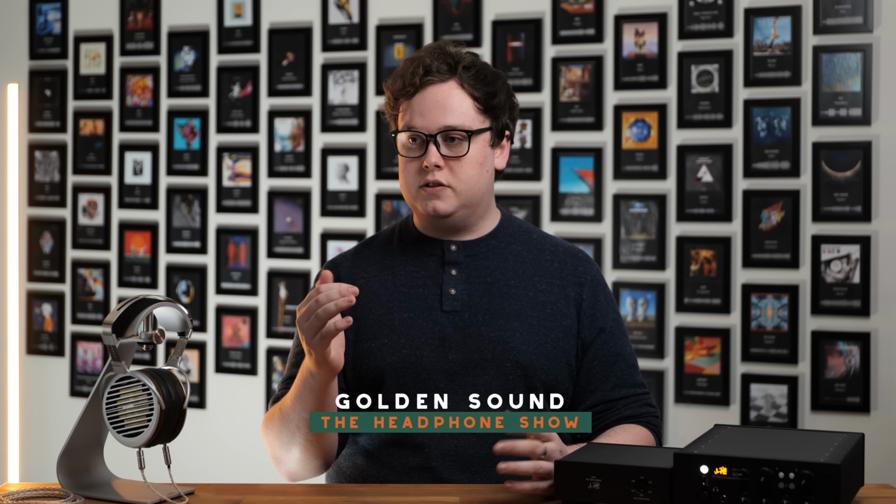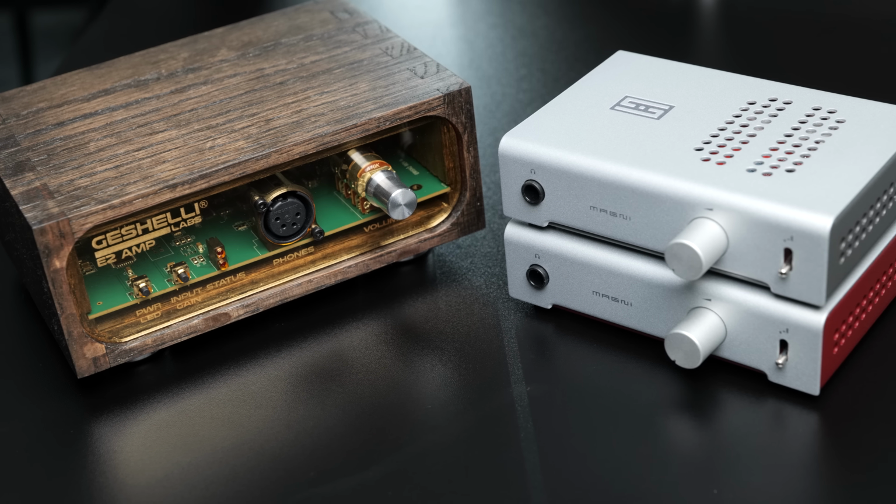When deciding on a headphone amplifier, there's a lot of things which you might consider important. You might be looking for something as objectively transparent and neutral as possible, something a bit warmer, something that synergizes well with a particular headphone, or has a particular feature like input switching, crossfeed, or a high power output, for example. And there are a ton of products on the market to choose from: affordable and compact amps that provide